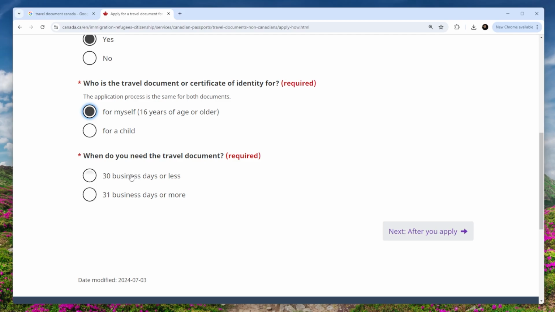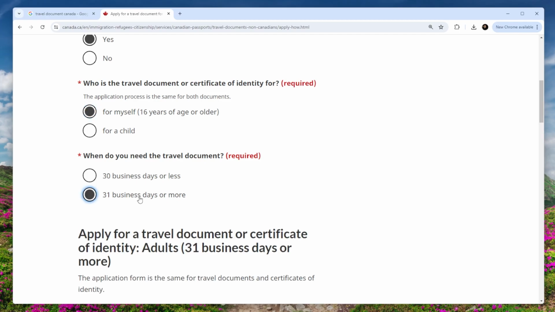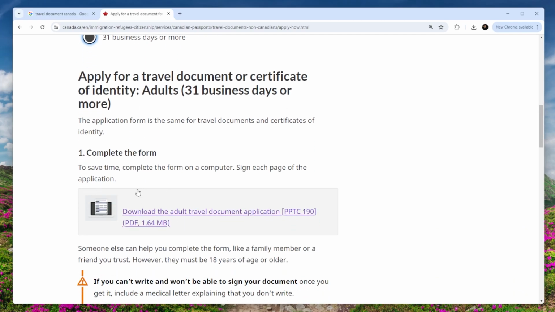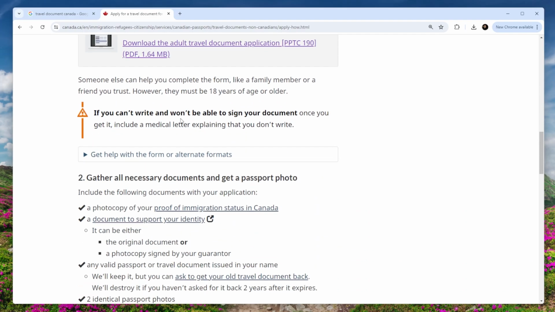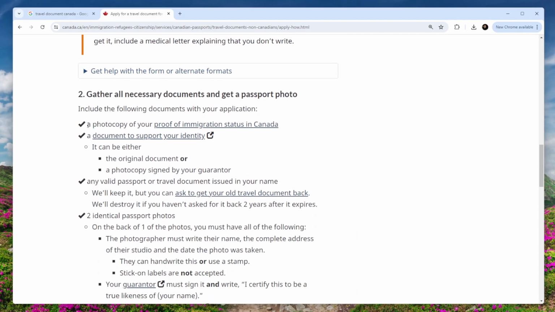Now, if you need it urgently, you choose 30 business days or less. But if you're on a regular basis, you would go with this one. Now it says complete this form. Once you complete the form, gather all the information like photo, copy of proof of immigration status. If you have a PR or if you have a notice of decision, you gotta attach it to the letter